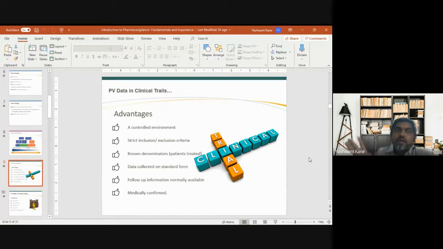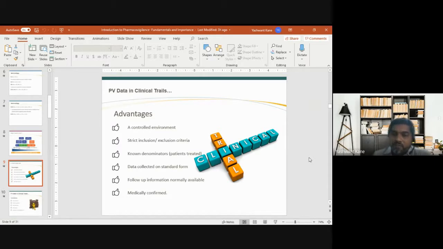We have known denominators. What do we mean by that? We have a particular set of patients being enrolled, so we always know how many patients have taken the drug. And this is a large difference between clinical trial data and post-marketing data for pharmacovigilance. Data collected is in a very typical format. You have every field mentioned there. You have a detailed history, and the investigators, the doctors, the health authority, and companies can analyze it in depth. Whereas the same thing may not be possible when we go into the spontaneous phase 4